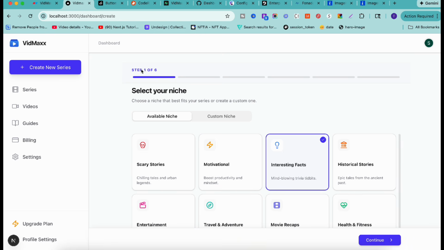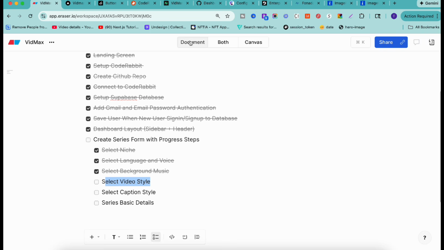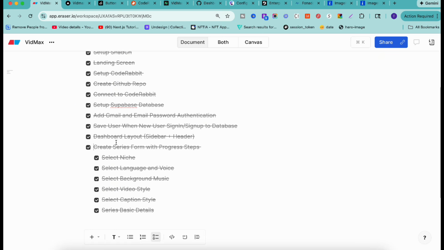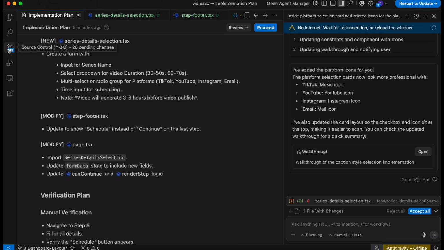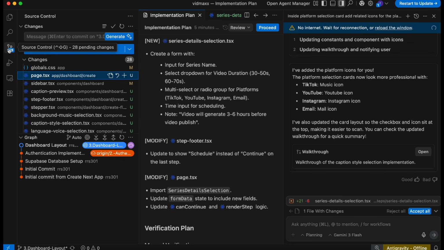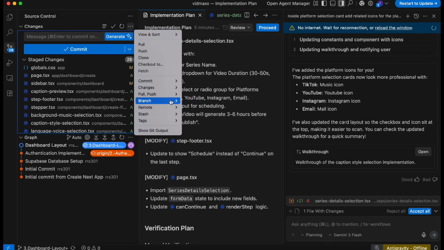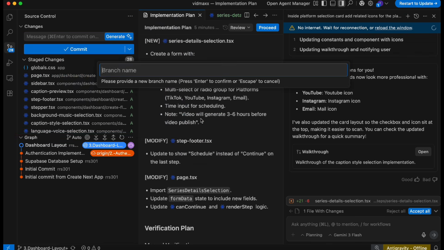Now before moving to the next section, make sure you completed all of this step form, so that we can simply push our code to GitHub, and then CodeRabbit will review our code. So I'm going to mark all of these file changes, and obviously we'll create a new branch as well. So we'll go to the branch, click on create branch,